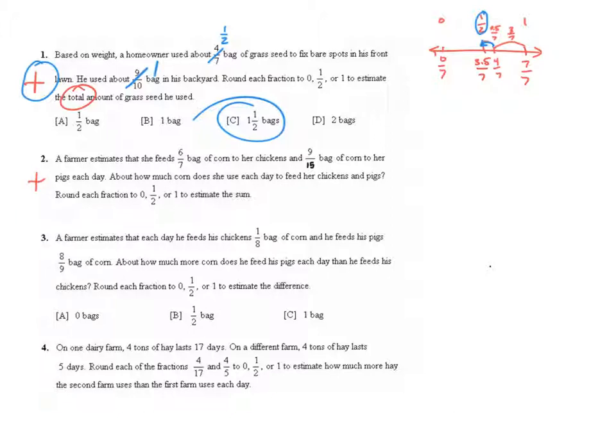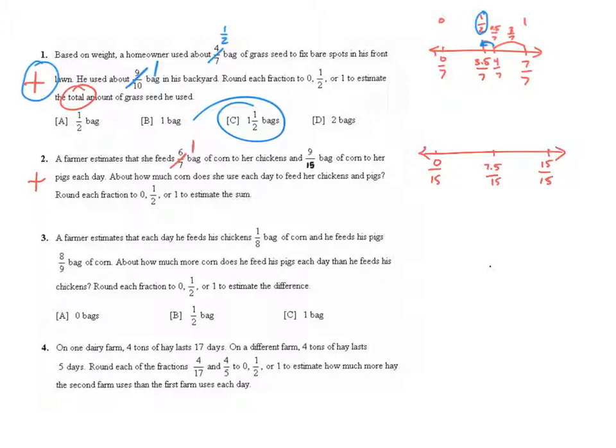6/7, we can look back at the previous number line that I just drew, and 6/7 is going to be right about here. It's clearly going to be closer to 7/7 than it is to 3.5/7. So I'm going to mark out 6/7, and I'm going to put one whole. 9/15, if I draw a quick little number line here, here is 0/15, here is a whole 15/15, and half would be